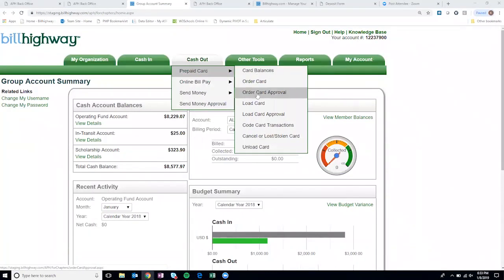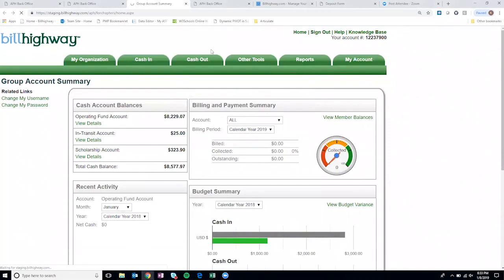So I'm going to come in now, and I'm going to go to order card approval. And the page will look very similar. It's going to show me again that the treasurer is looking to approve a card, but when I go to approve it, then I should have no issues going to approve it. So